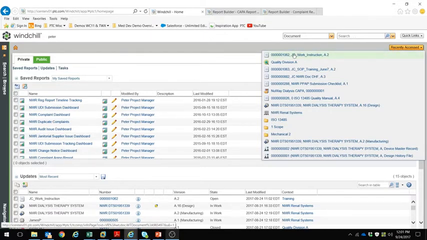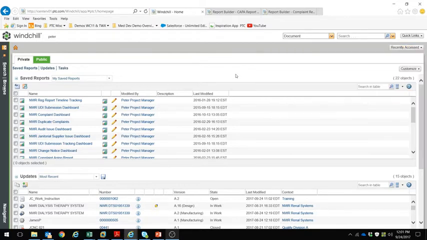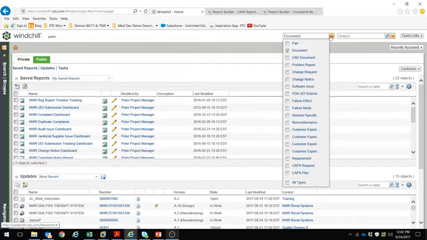We can see here everything from documents to CAD parts to products all on the list here. It's very easy to navigate back to recently used material within the system. Also on the home page here, we have the ability to do a quick search. I have documents selected here, but there's a full list of different object types that can be searched for, everything from a part to quality records to change records to CAD information can all be very easily searched from the